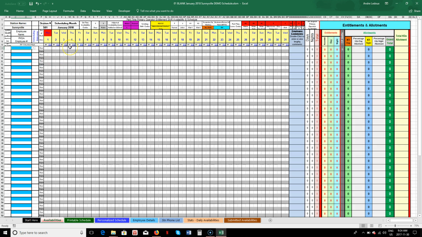Each one of these boxes on a certain day, for example this one, is where you would enter X for availability, L for late availability, or E for education leave. And we're not going to put anything in here yet. The box to the right of it is the allotment, or the shift that you're giving that person. Clicking on the down arrow button, there are two choices: Kilo 1 days or CP for community paramedic. On the night shift, there's only one choice, which is the Kilo 1 night, and we're going to go through